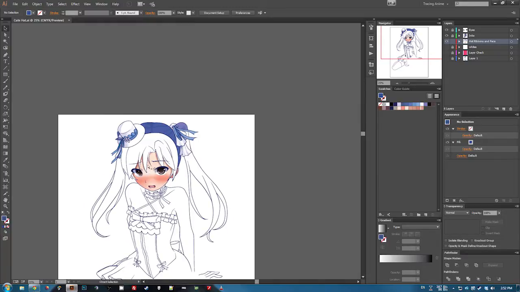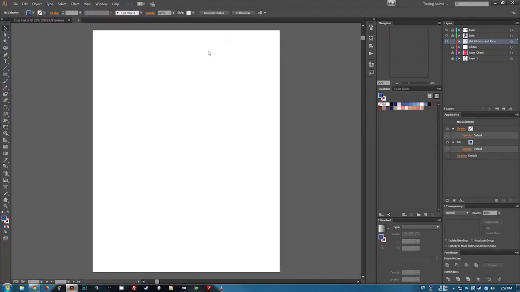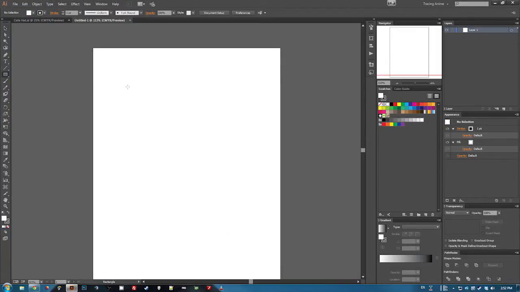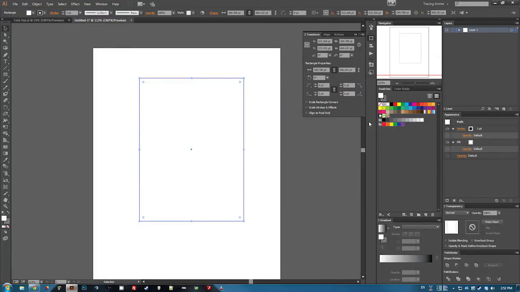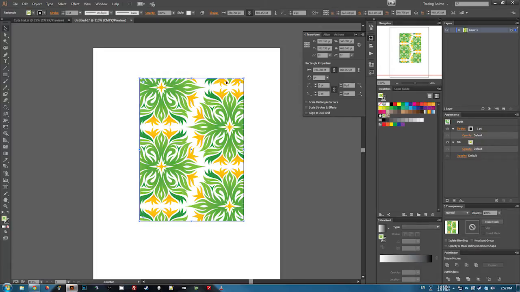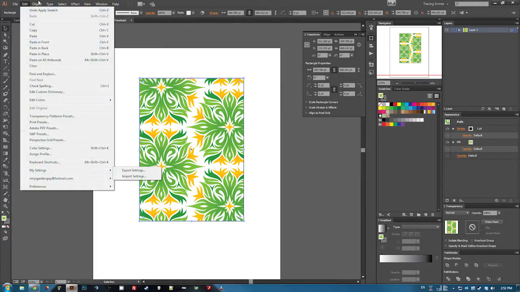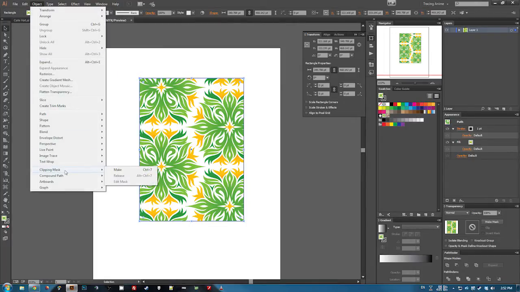I decided to do a quick video just showing how to change a pattern. It's been a little while since I've done this, so it might take me a second here, but just make a square, apply a pattern to it. You need to go then to Objects,